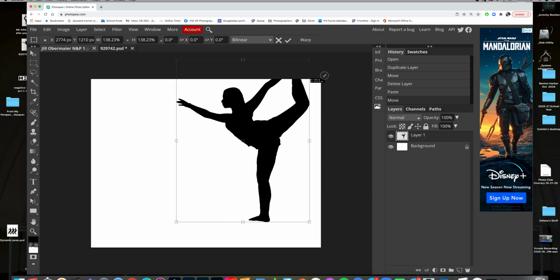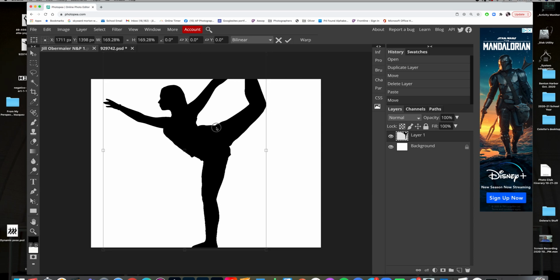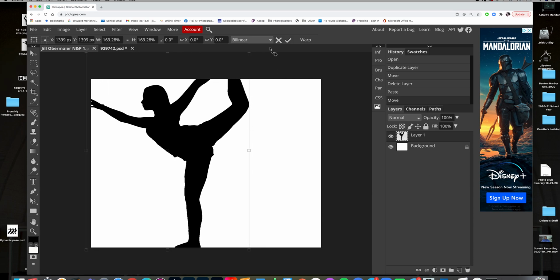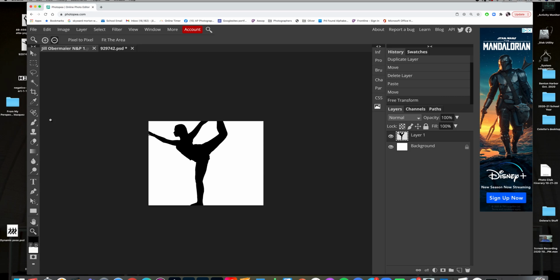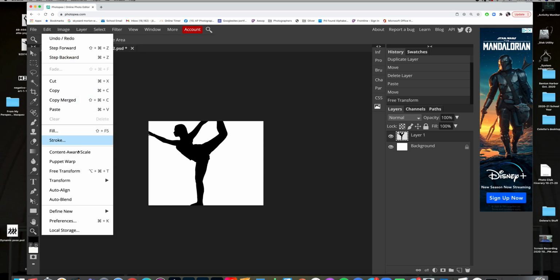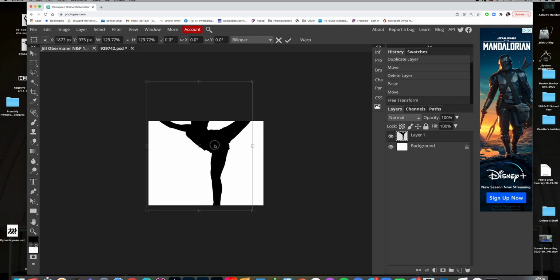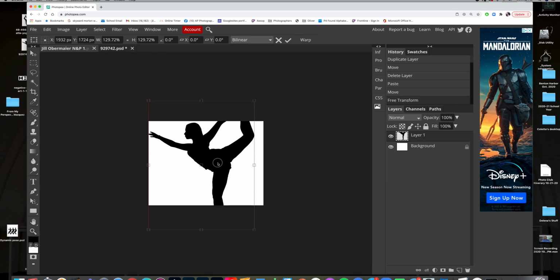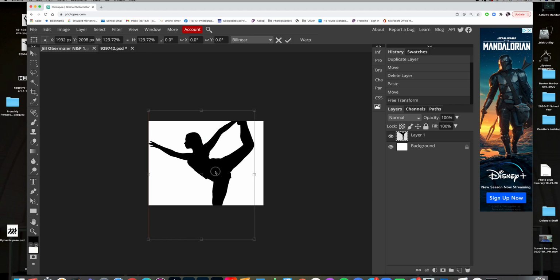Okay, so we can make her super big. And let's see, I'm going to actually use the magnifying tool to zoom out so I can see my bounding box a little bit better on the Free Transform tool. Hold the Shift key, and I'm going to make her larger. All right, so now when we play with the negative and positive space,